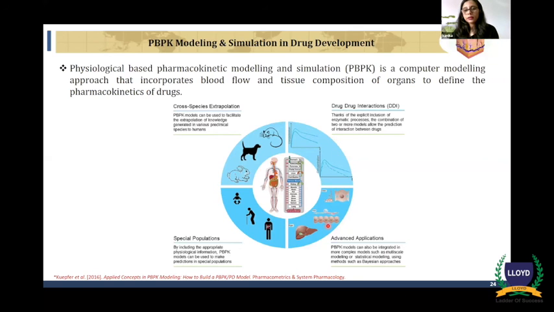And then the other thing is you can have an account of the demographics of the population. So the age of the population, the weight of the population, as well as if you are looking at pregnant population, if you're looking at children or the elderly people. So in recent times, this kind of approach has been saving lots of money for the pharma companies, because sometimes it is not easy to conduct clinical trials in sensitive populations, including pediatrics, pregnant population, etc. So this kind of approach can definitely help to waive off many of the clinical trials, and it has already